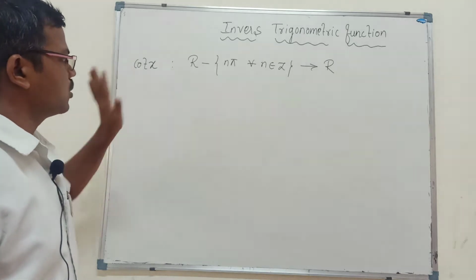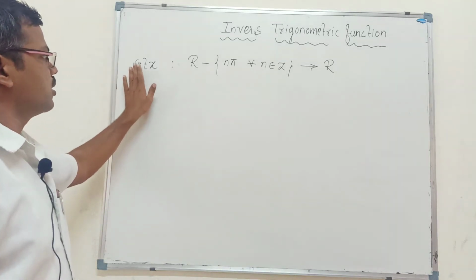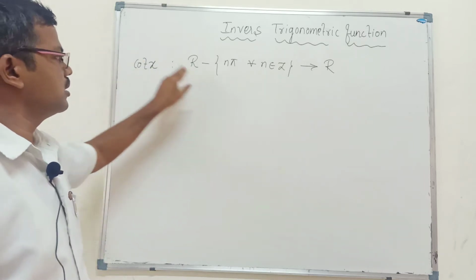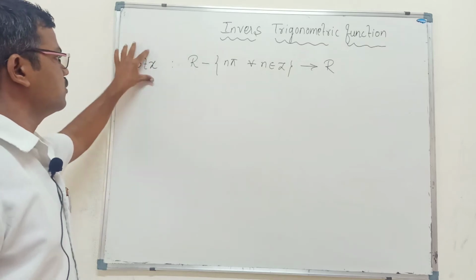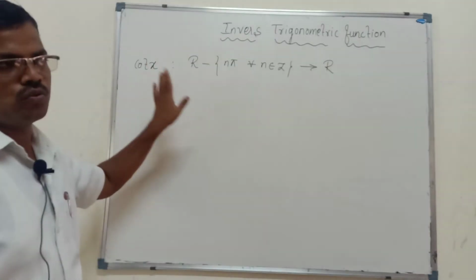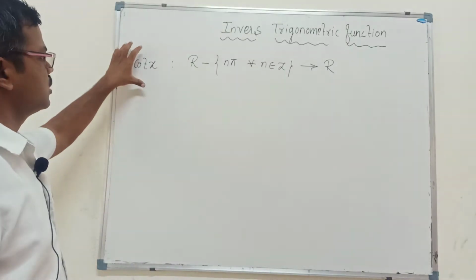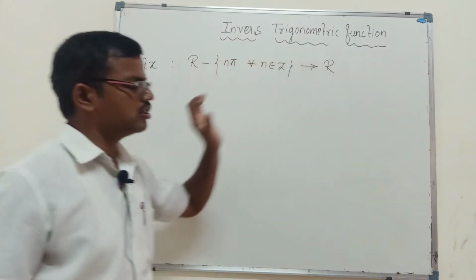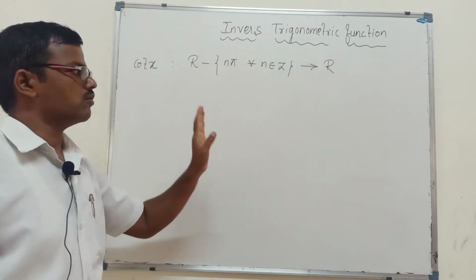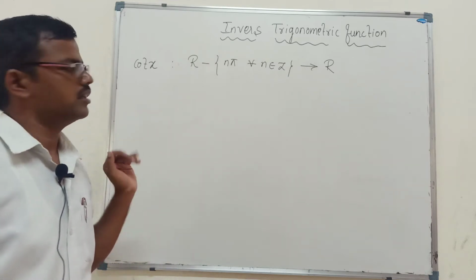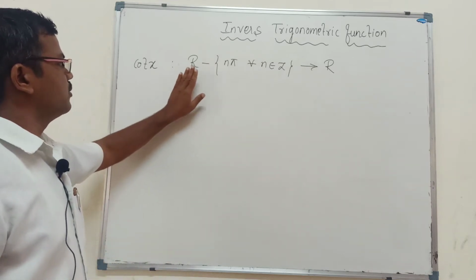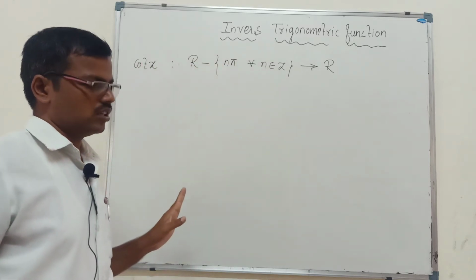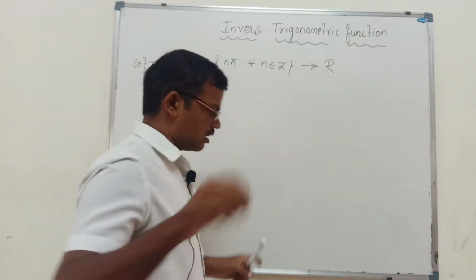So let me come to cot. We have to study its inverse trigonometric function. If we have any function, when it has an inverse, it means it is invertible. If it is invertible, the function must be both one-one and onto. So for this we analyze whether, with this domain and range, our cot function is one-one or not. We have to identify whether the cot function is one-one in this interval or not.